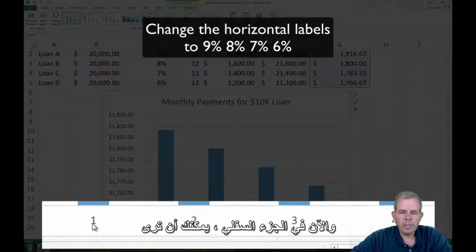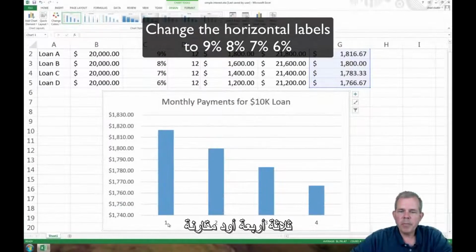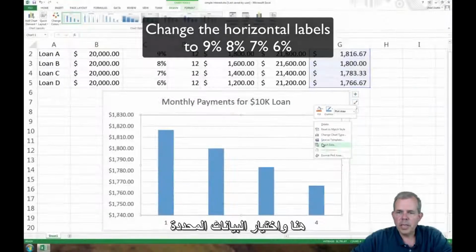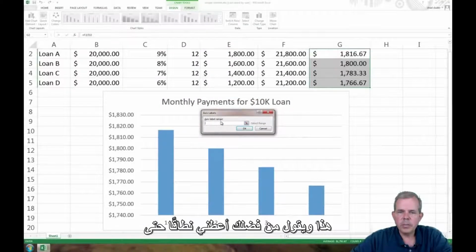Alright, now at the bottom you can see that I have this 1, 2, 3, 4. I would like to compare the interest rates. That's the only thing that changes in here. So let's do a right click on the chart here and choose Select Data. In the column here where it says Axis Labels, I'm going to edit this, and it says please give me